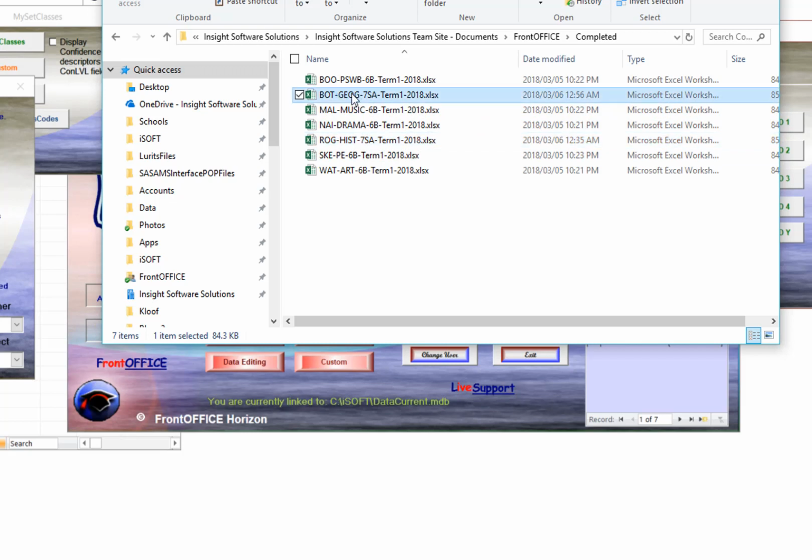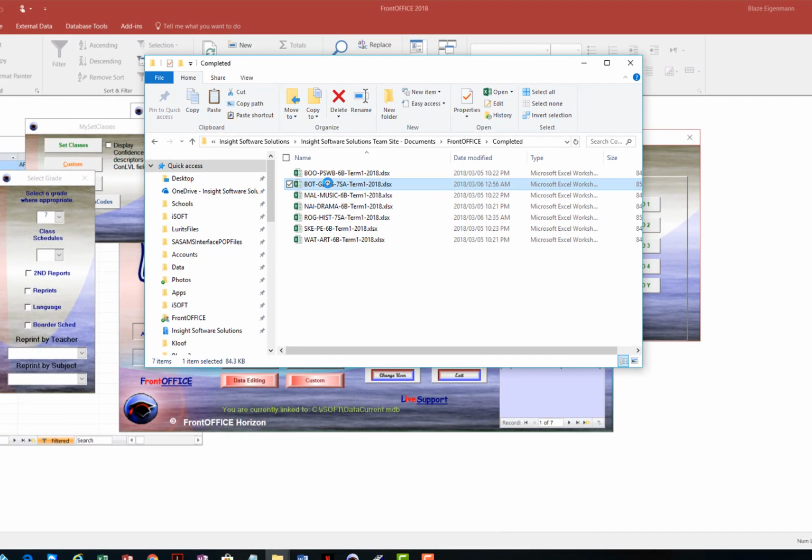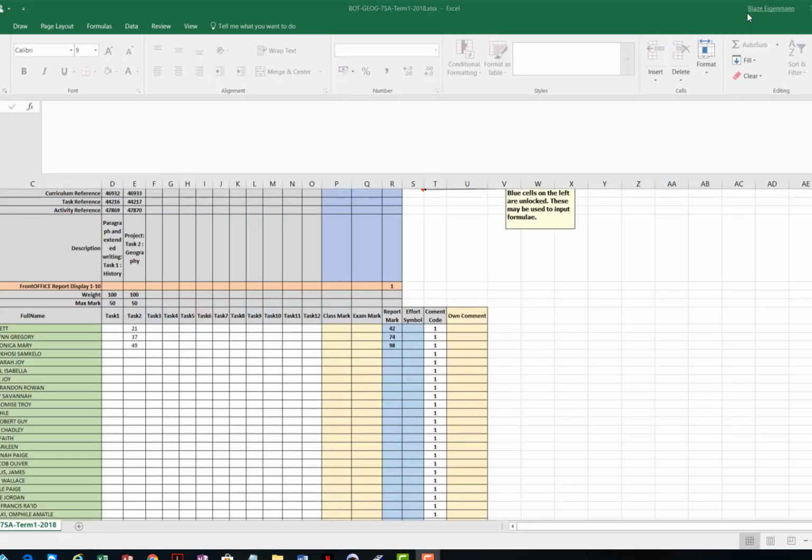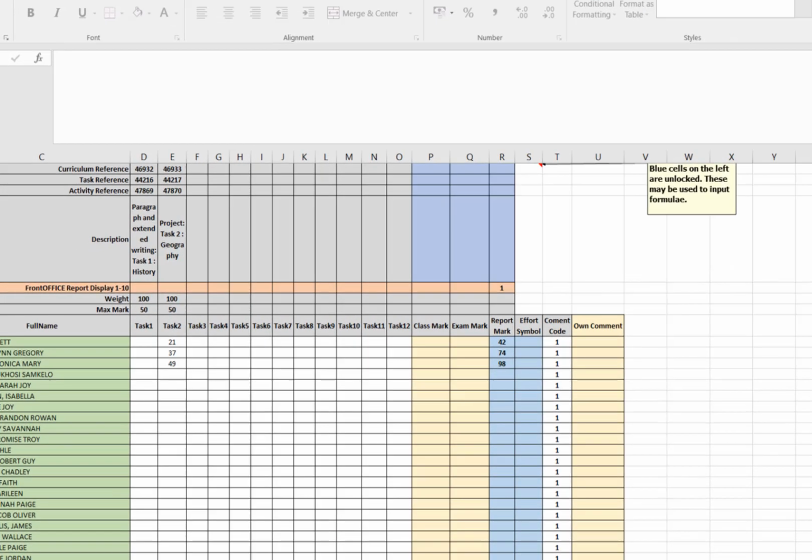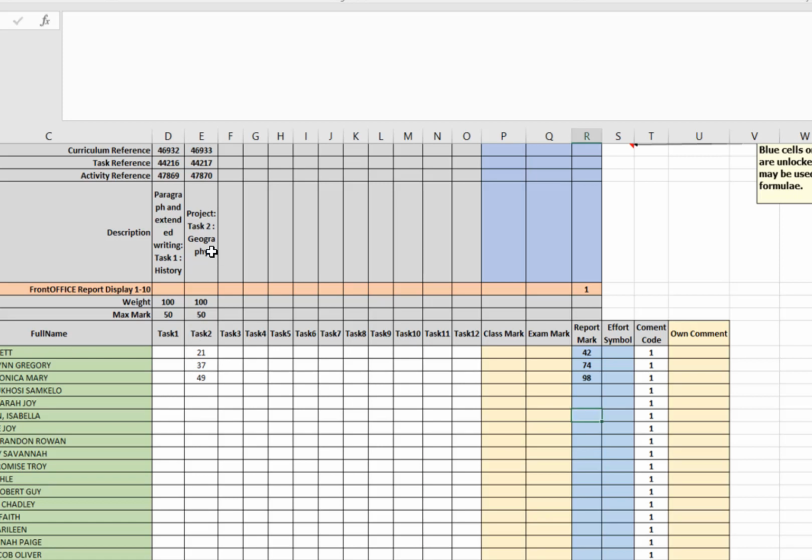Okay, so the geography teacher would open their mark sheet quite simply, and in this case it is the geography teacher who therefore, as I say, only captures in their column. Okay, they don't capture in the history column, and so they put their marks in. Okay, let's say